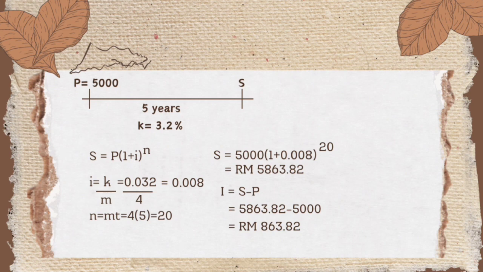Next, N equals MT equals 4 open bracket 5 close bracket equals 20. S equals 5,000 open bracket 1 plus 0.008 close bracket power 20. So the total is equal